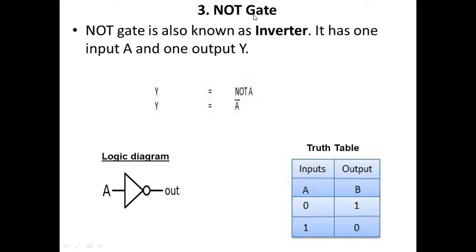Next is a NOT gate. NOT gate is also called an inverter. It has one input, one output. Now see the logic symbol. It's a triangle shape with a bubble. Here A is the input. Output is, it is just going to invert it. So Y is equal to not A, meaning it is A bar. On top of that there is a line. So it is A bar. If A input is 0, it will give us 1. If A is 1, output will be 0. It is just inverting the bits. It's an inverter.